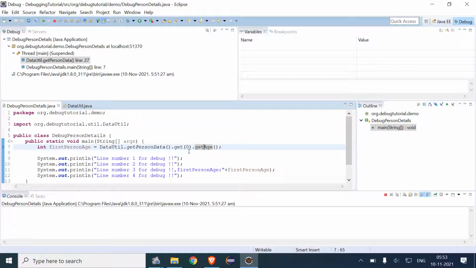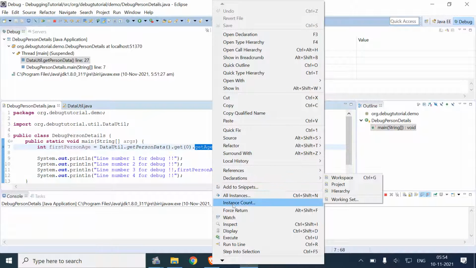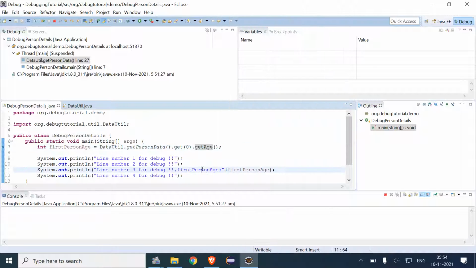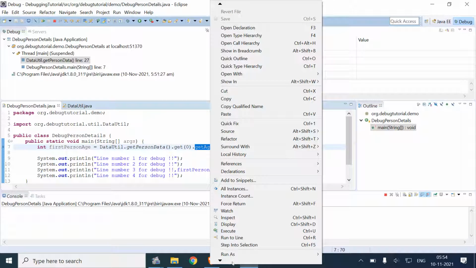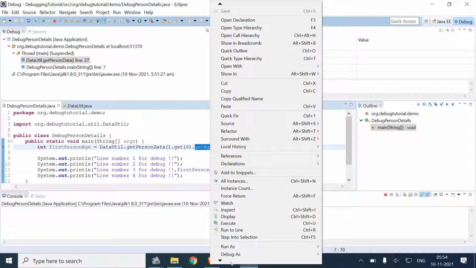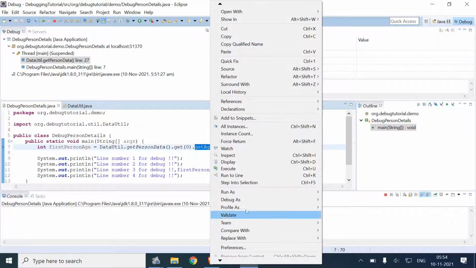And what if we right click this and select, and we can go into step into selection.